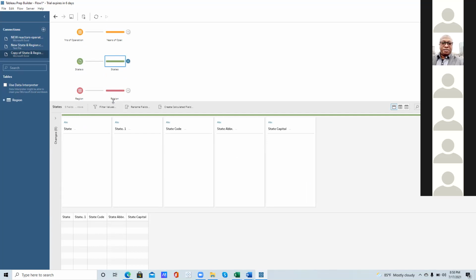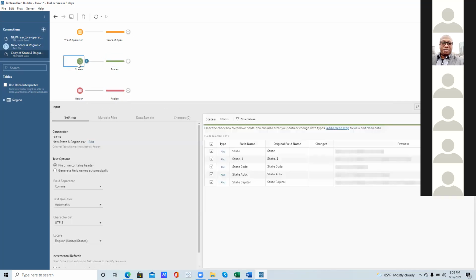What you have to do is go back to the data file itself. The green file, go up, the first one, the state. Click on it and let it run from there.